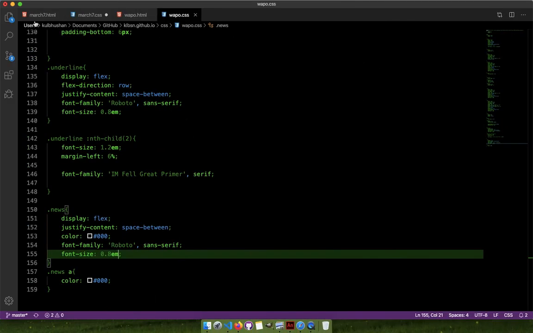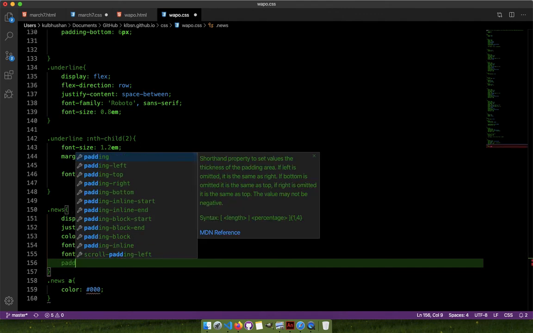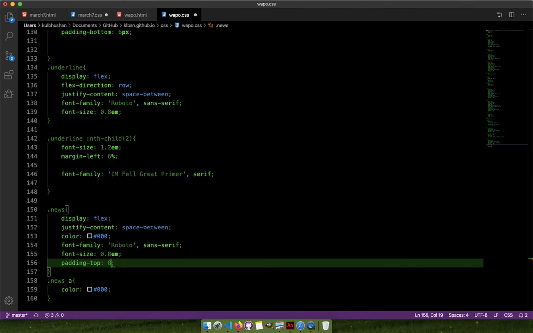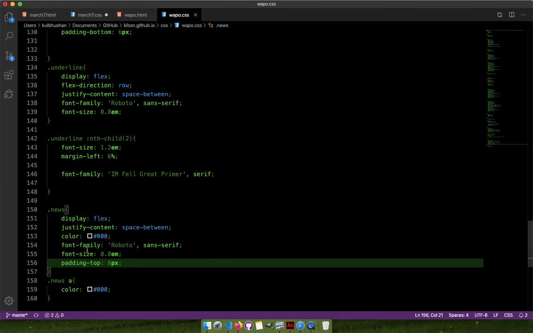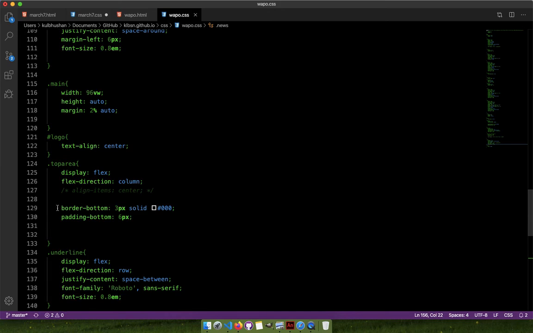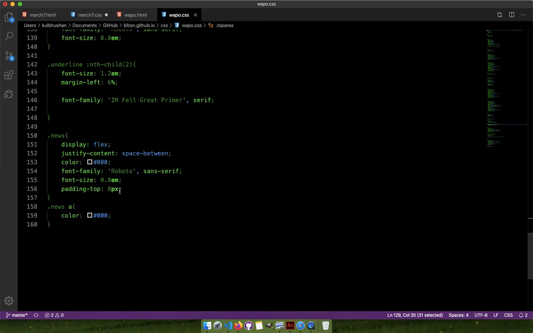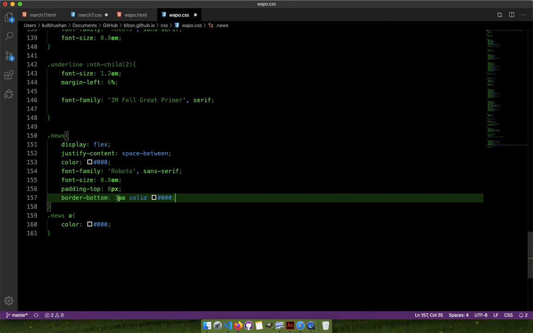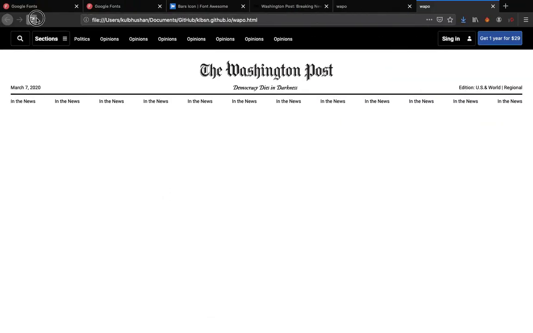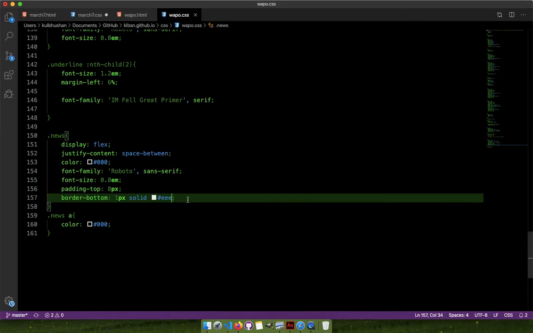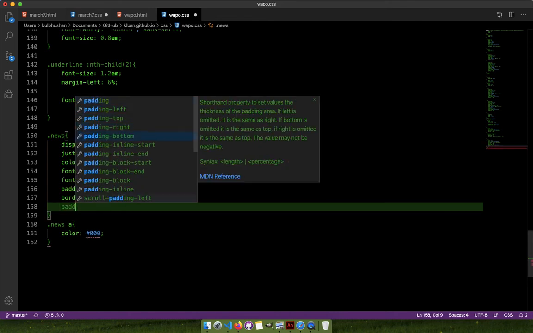Now what we need to put some padding at the top. Yes, let's use it. Padding at the top around 8 pixels. That makes sense. Now I need to give this news a border at the bottom, so I can just copy it from here. I already have given this thing, but I need to change its parameters. It should be 1 pixel, and the color should be a subtle EE. How does it look? It looks fine,